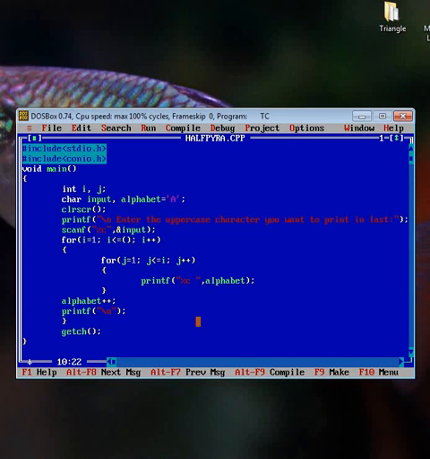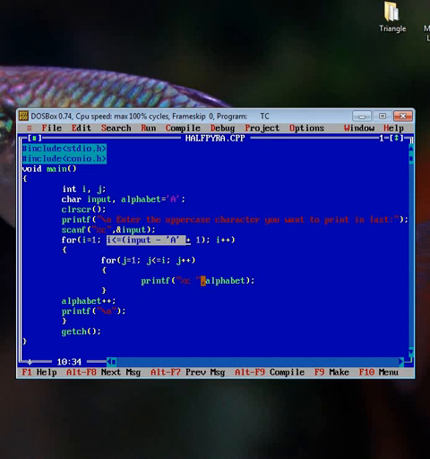So I am restating the segment: i less than or equal to input minus a plus 1. So the meaning of the segment is 5, because input means 69, a means 65. So 69 minus 65 is 4, plus 1 is 5. So hope you can understand the meaning of the line.